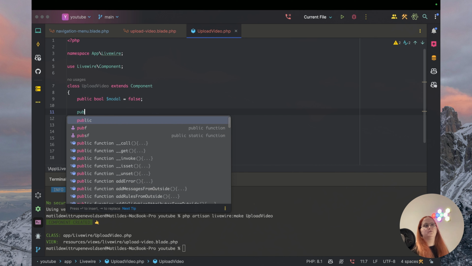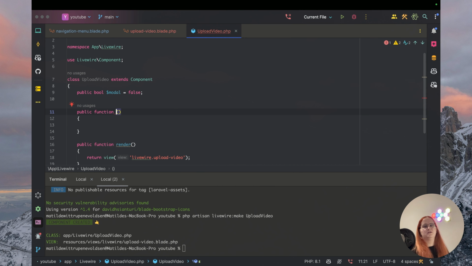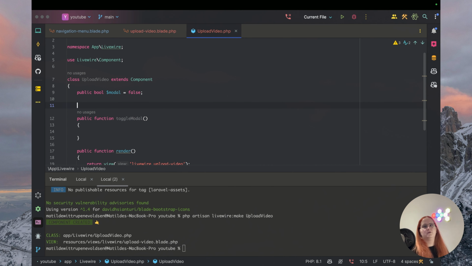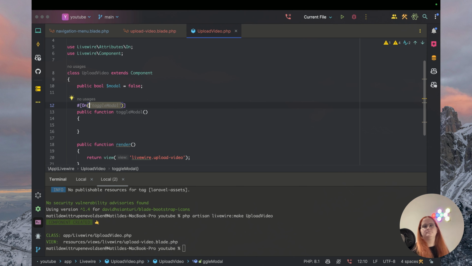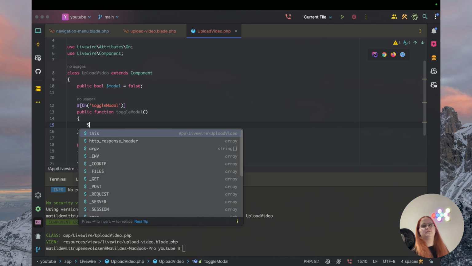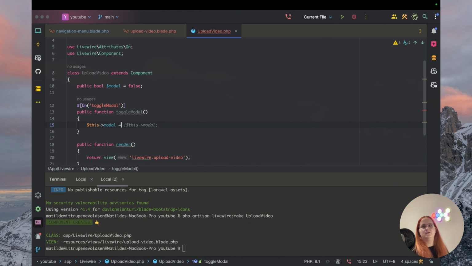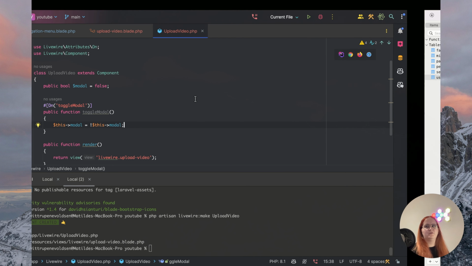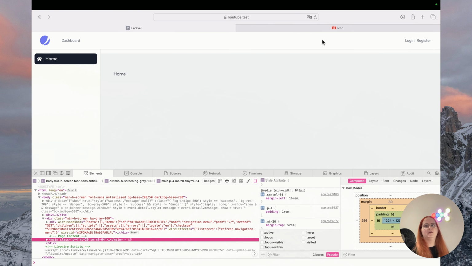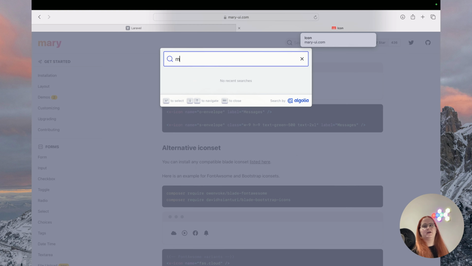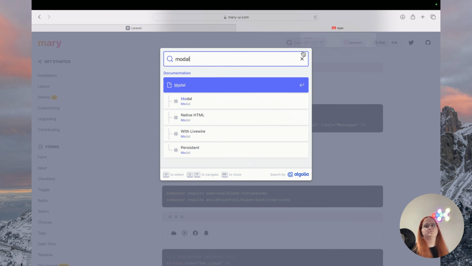Then what we want to do is create a function which is called toggle modal, and we want to say on, it's important that you include this, use attributes on toggle modal. And then in here we just want to say this modal equals the opposite of the value, so it always changes. So now if we go back into MaryUI, you can see we can go to the modal